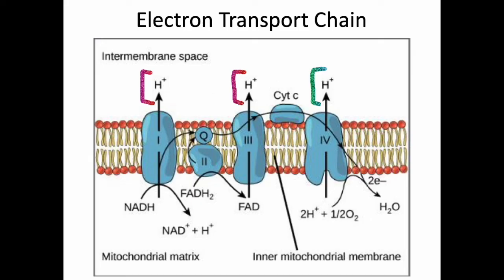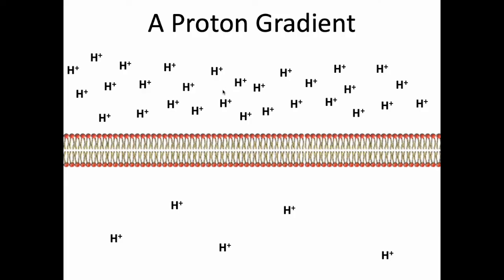Again, this costs energy to do because there's already a bunch of it on one side, not much of it on the other side. This is, again, going back to a few chapters ago, active transport. So what this creates is a strong proton gradient. There are a bunch of protons, again, H plus, proton, hydrogen ion, all the same thing. Sorry if it's confusing, but it's just got a lot of names. Bunch of protons on one side, not a lot on the other side. That is a proton gradient.